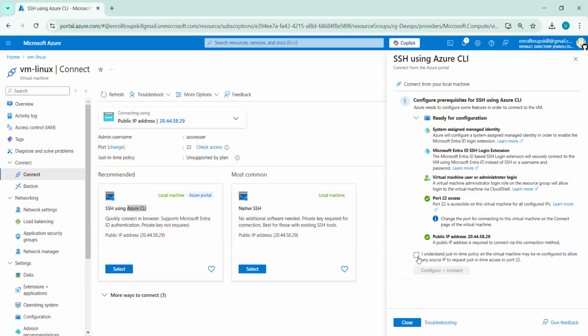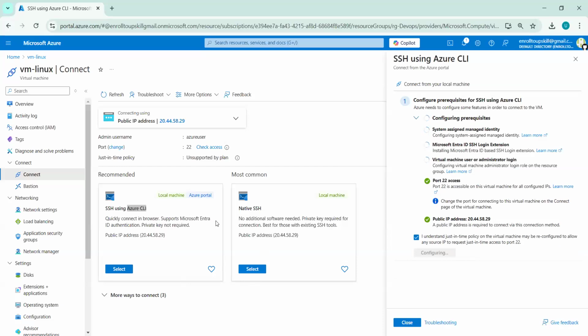And you can see everything is checked. Then it will ask you to accept all the terms and conditions. Click configure and connect, and it will open in a browser session so that we can access our newly created virtual machine. So it will take some 30 seconds, and then we will be able to connect.